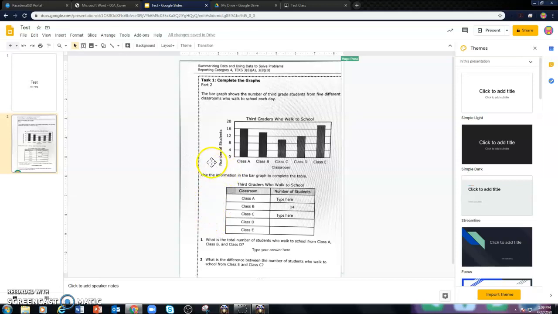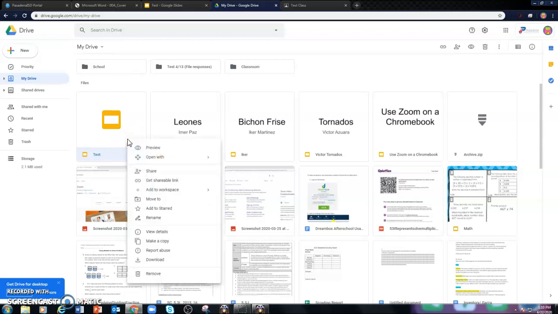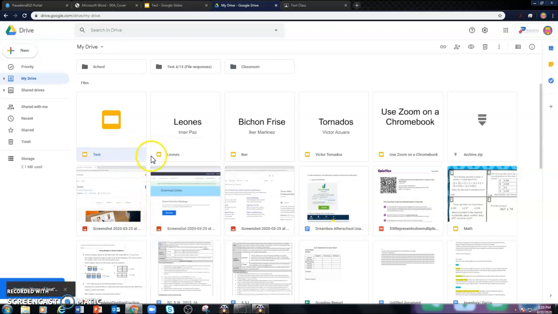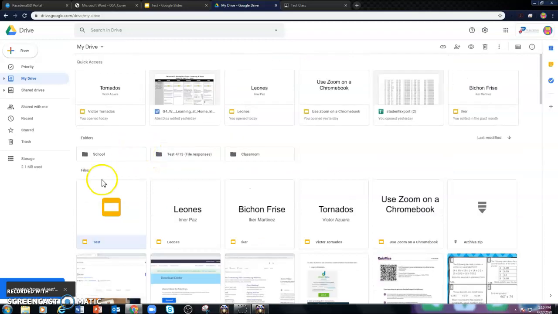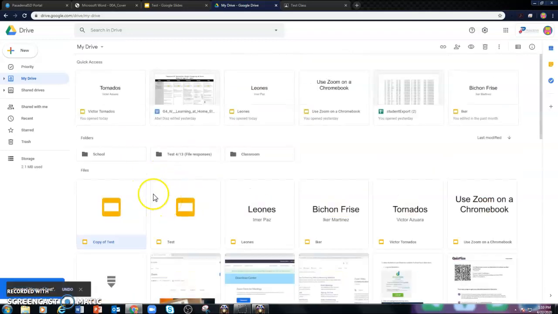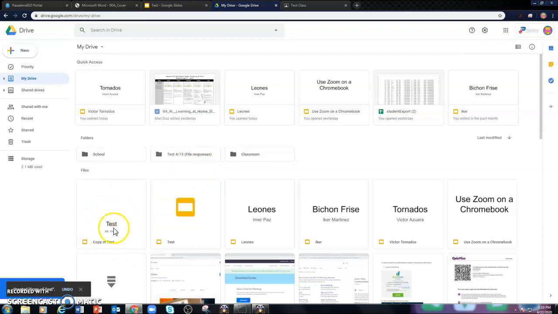Now, I had the Google Drive open because this is how you could share it with teachers. So if I'm a second grade teacher and I want to share it to my team member, I need to make a copy. So I'm going to right click, make a copy, and then it'll add another copy. It saves it somewhere down at the bottom. But that's what I would do. That way we each have our own copy. And I could rename this one something like that teacher's name